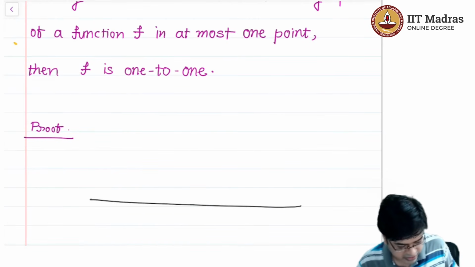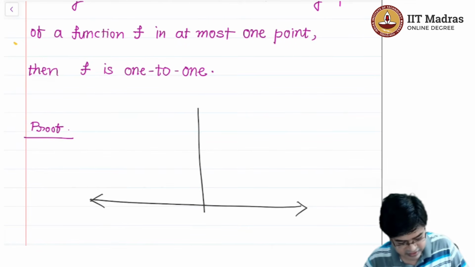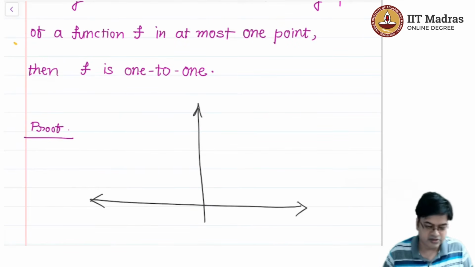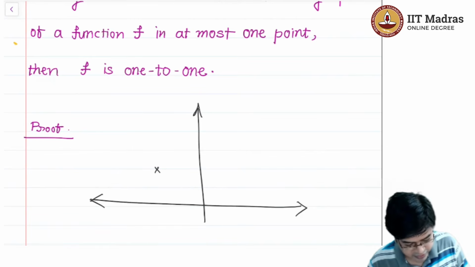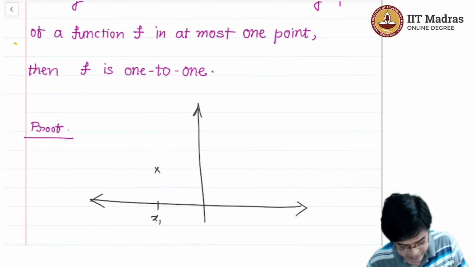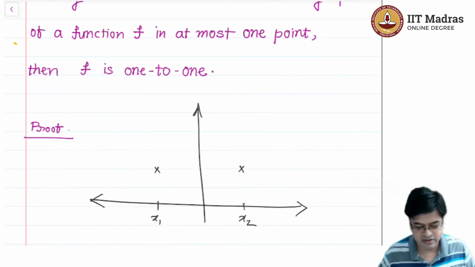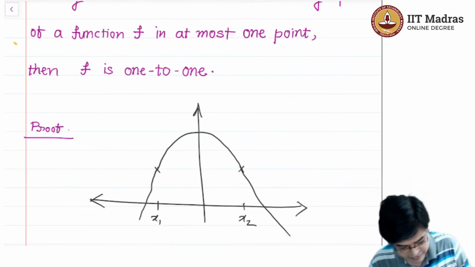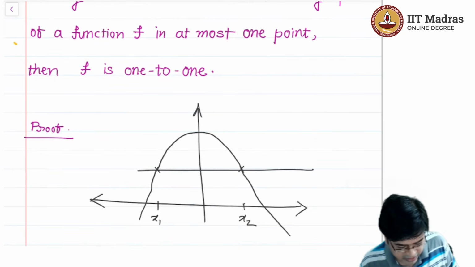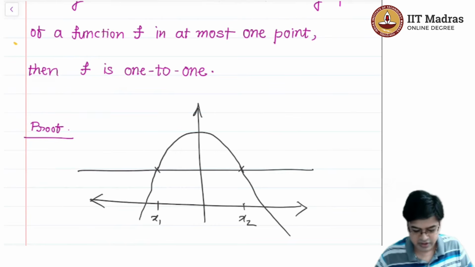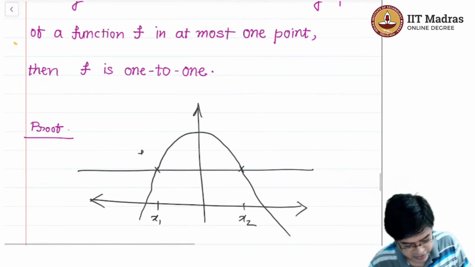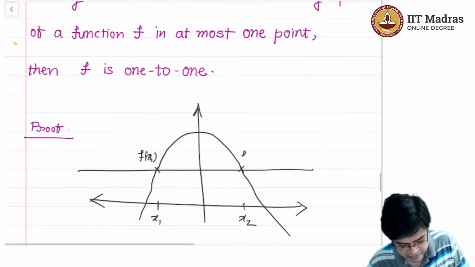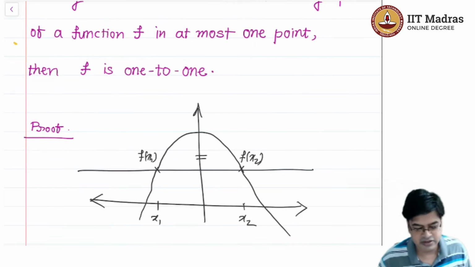If the function is not 1 to 1, this is the x-axis, this is the y-axis. I can take this point and call it x1, and I can take this point and call it x2. This is how I can make the function not 1 to 1, and then pass a curve through these 2 points and pass the horizontal line over here, which we have done several times by now, and therefore f of x1 and f of x2 are the same. They are both the same, therefore the function is not 1 to 1.